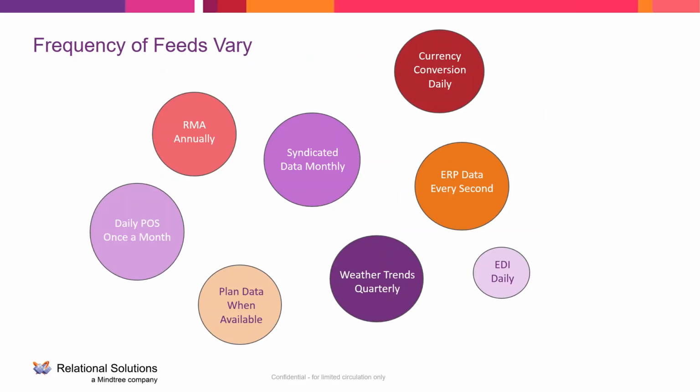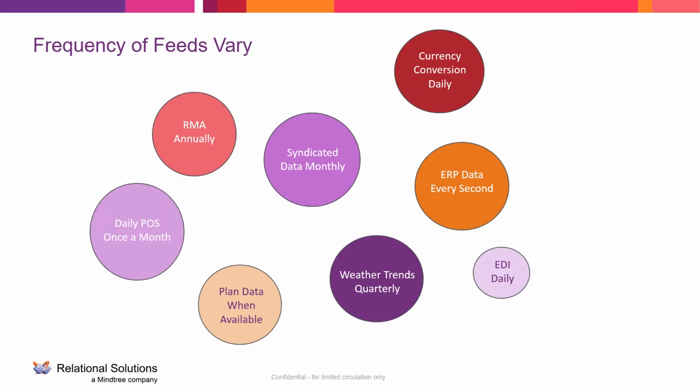Then, of course, you've got the different frequency of feeds. You might be buying RMA, regional market area information, from a third party, from a syndicated data provider, and they might provide that data weekly, but your company only buys it annually. Well, if those RMAs are aligned with zip codes, then at some point in that year, that information is probably not accurate. It doesn't change very frequently, so a lot of companies do only buy that information annually, but it does change often enough that they can provide that information more frequently.